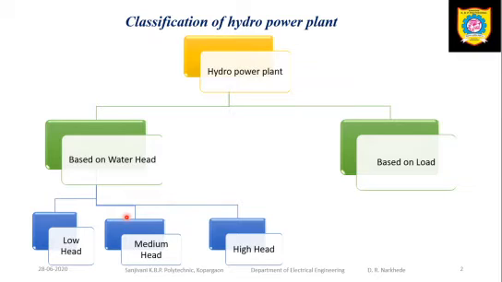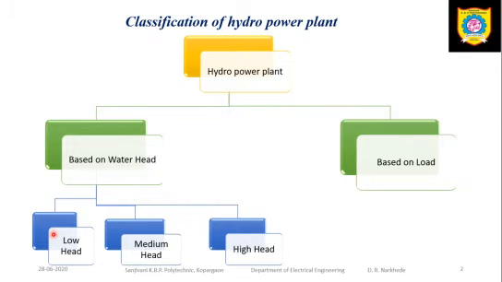So what type of turbines are used for medium head? Francis turbine, Kaplan turbine and propeller turbines are commonly used for medium head power plants. The head for a medium head power plant is nearly between 100 meter and 500 meter. Then the next one is the low head power plant. Low head requires a larger volume of water than high and medium head power plants to produce the same amount of power. The reservoir capacity will be large.